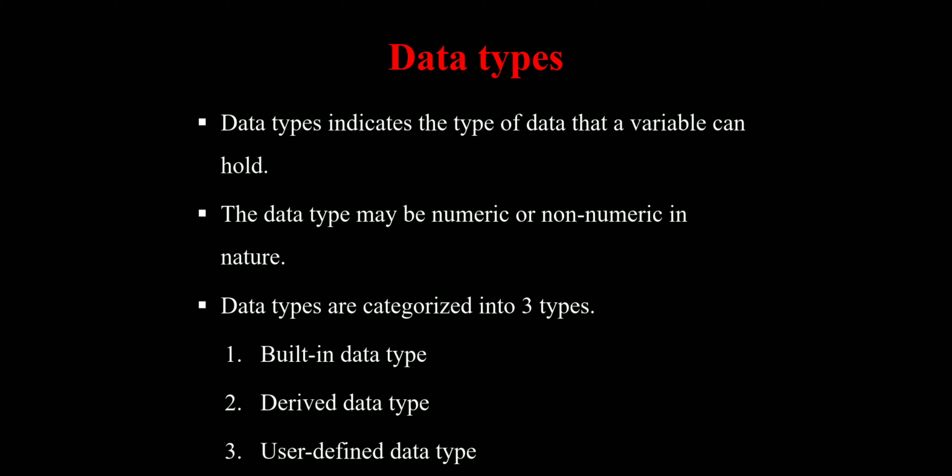And in the last one, the user-defined data type section, is categorized into two subparts, that is struct and union. What is struct, what is union, you can discuss next. In these data types, you only concentrate on built-in data types. Built-in data types are mainly used in our programming. Those are called int, char, float, double. All these data types we have to use in our programming.